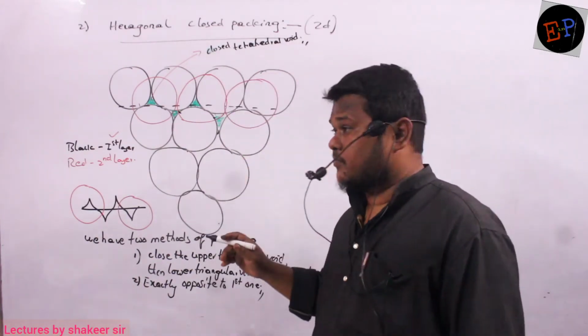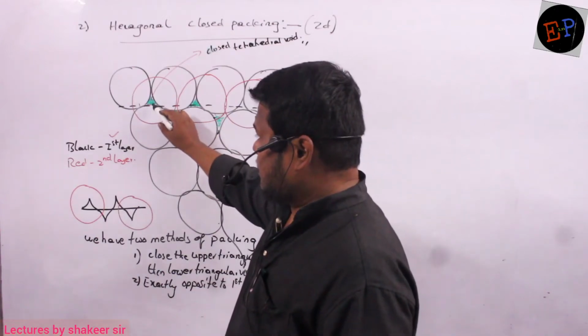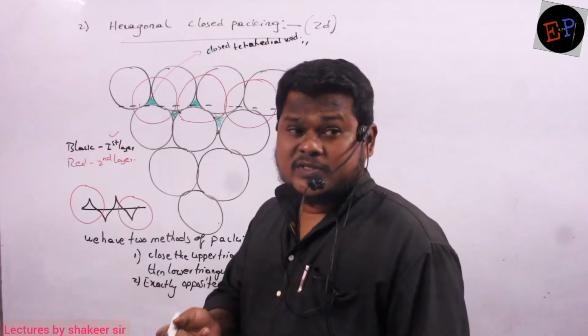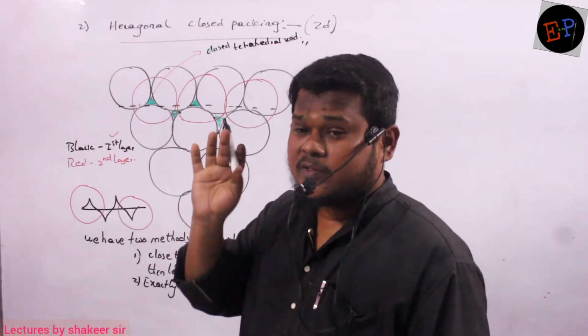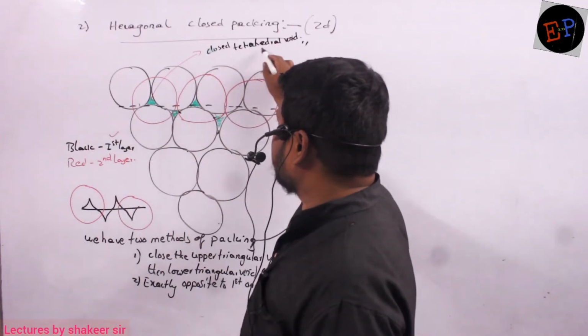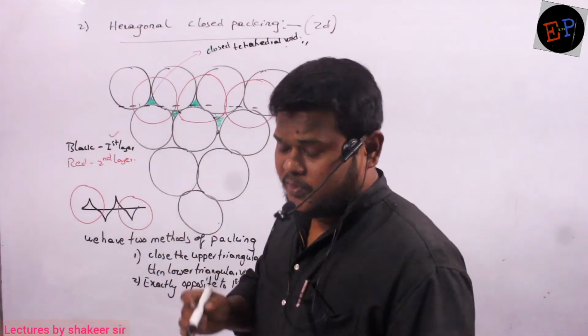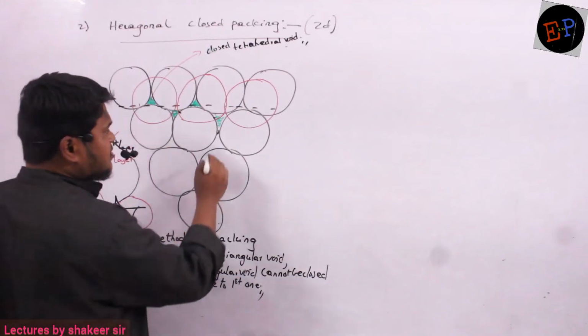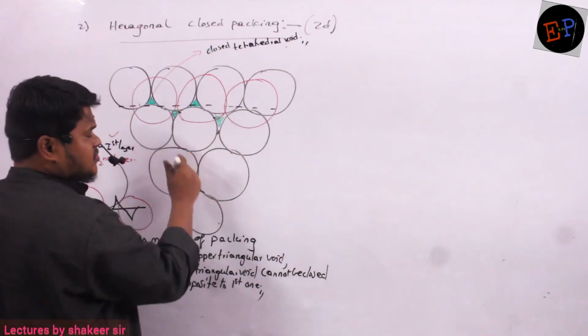First listen very, very carefully. So here, one void I am closing, but one void I am not able to close, no? The void which is closed, that void will take which shape? That void will take the shape of a closed tetrahedral void. Are you able to understand? And the void which I was not able to close, so this is that void which I was not able to close, no? This void and this void,